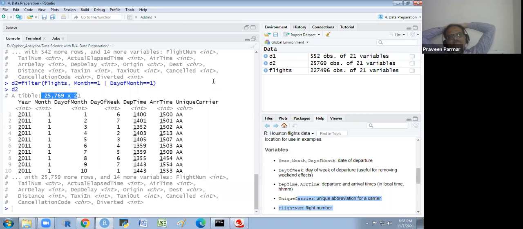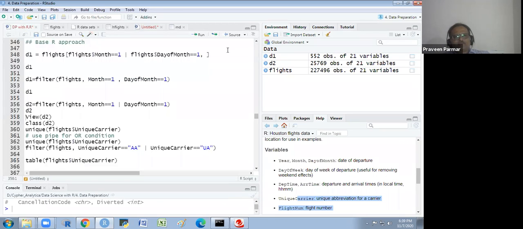Got it? So in this way, we could filter the data. Sometimes we require filtering of the data. We could use multiple columns also for the filtering. It may be intersection, it may be union. We could use any technique, whatever you want.